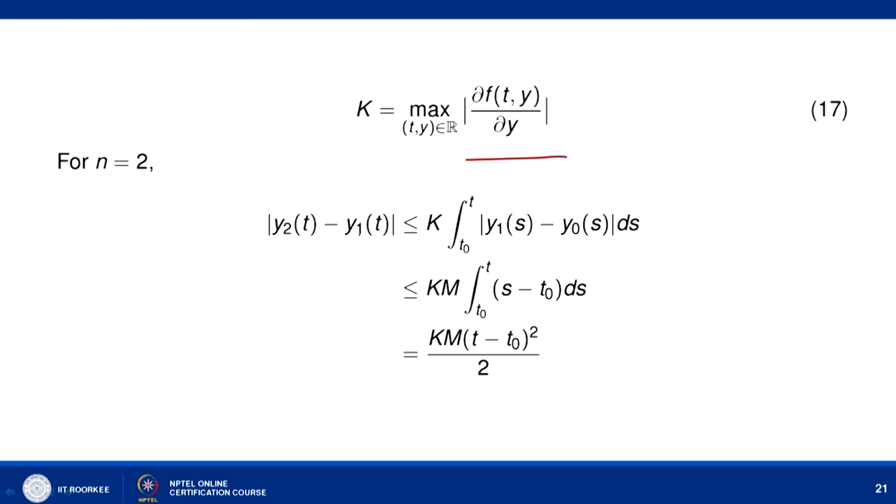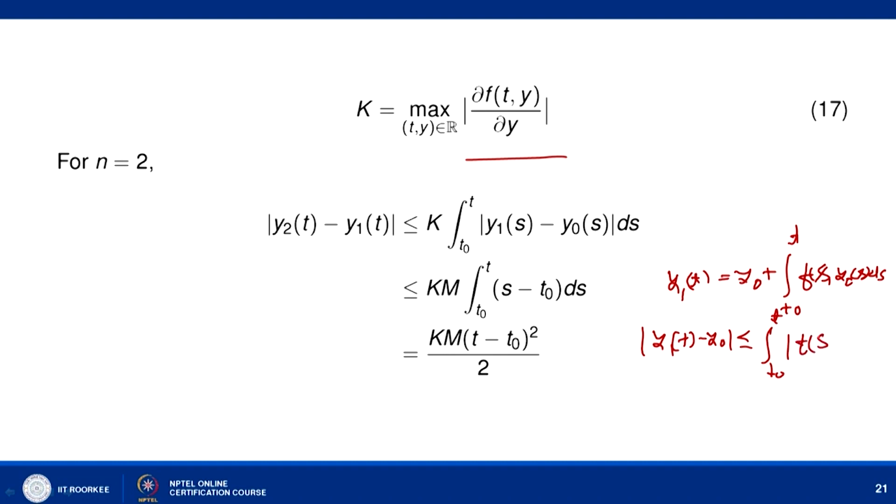It is y2(t) minus y1(t) less than or equal to k times the integral from T naught to T of y1(s) minus y naught(s) ds, and we already know the approximation, y1(t) is equal to y naught(t) plus the integral from T naught to T of f(s, y naught(s)) ds, and we already know that y1(t) minus y naught is bounded by